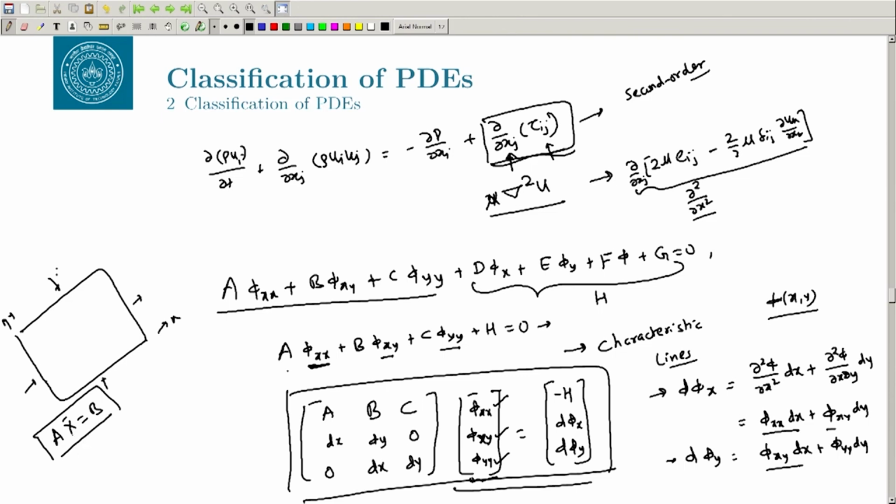If you want to get the solution of x, it will be A inverse b, right. So, when this A inverse is not defined, you cannot get the unique solution of x, right. And that happens when the determinant of A is equal to 0, which means that